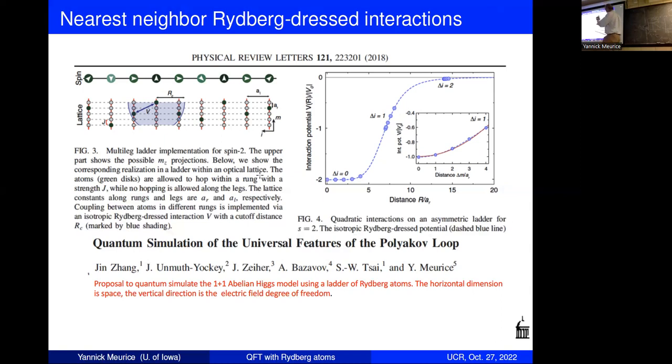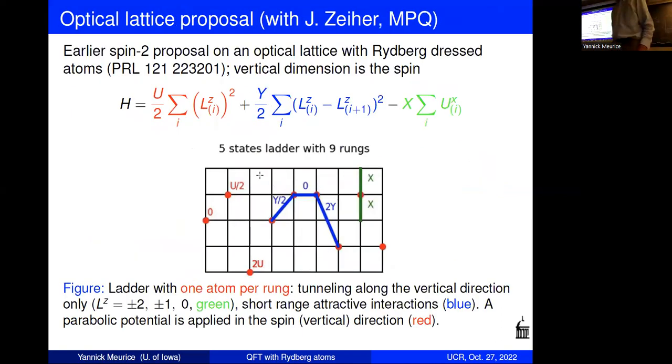And to reproduce the nearest neighbor interaction, Rydberg dressed interaction can be generated, and you can look at the details in that paper. The difficult part is how to get these nearest neighbor interactions, but that was engineered by Johannes Zeiher. Now, these experiments are very long and costly,